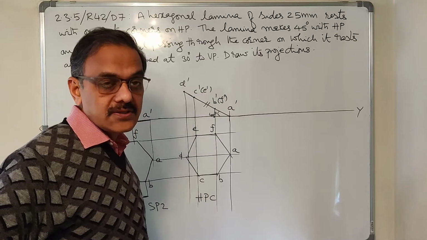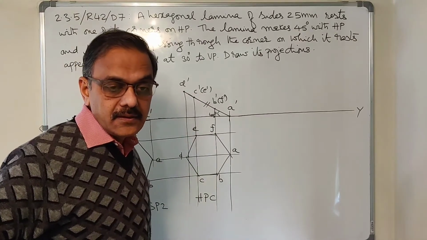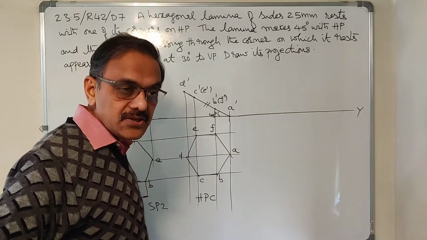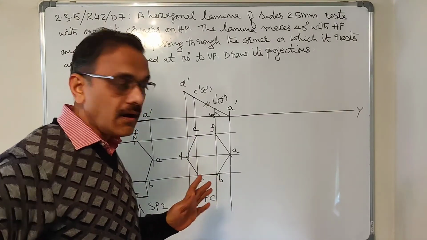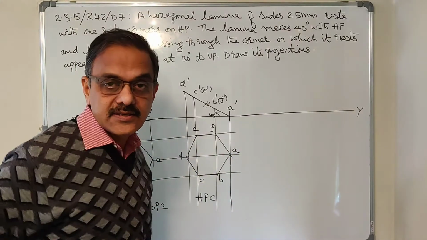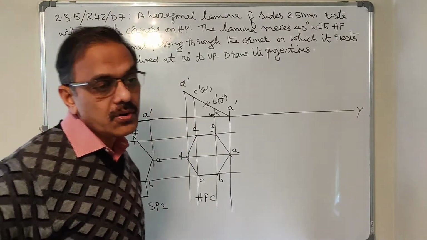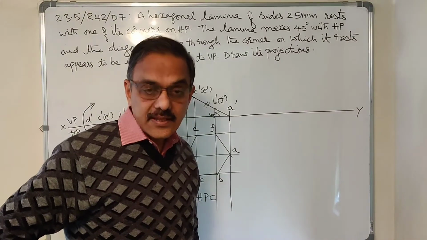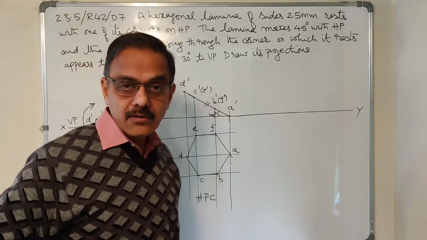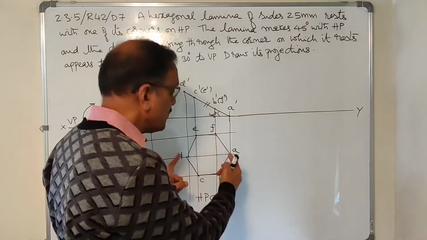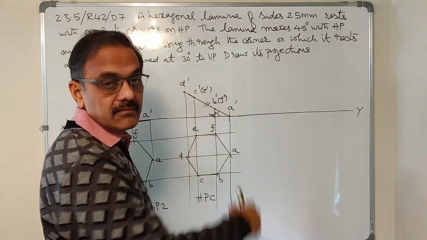Now moving to the third step. In the last problem, we found beta, apparent angle. Is it required to find beta here, or simply I can rotate it? Let us see. This is very important. If you want to decide whether to find beta or not, you must check for the length of the edge and also the angle given.